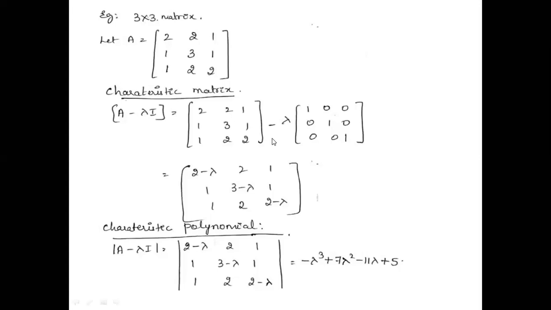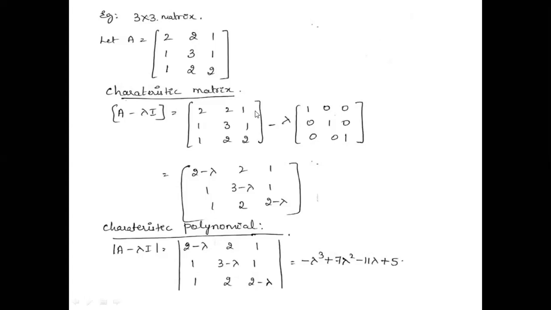So I have A minus lambda, and in this matrix I have ones across the diagonal and zeros at the other elements. Okay. So here I'll just pause and tell you what some other books will do. They will write A minus lambda across the diagonal, which is one and the same. Because if I take this lambda inside, it will multiply with this one, so it will become lambda. Multiply with this one, it will become lambda, and multiply with this one, it will become lambda. Right? So it's one and the same.